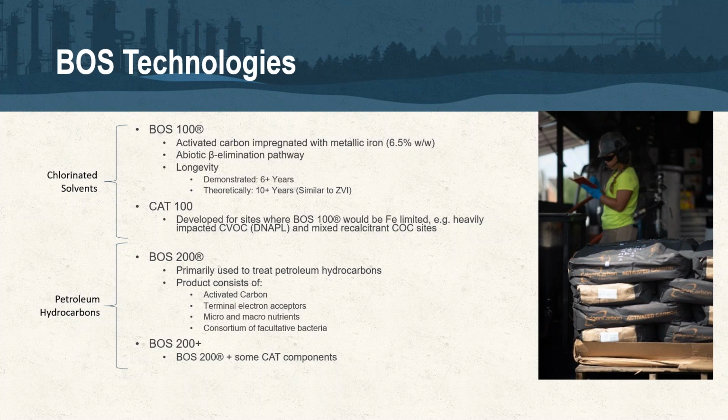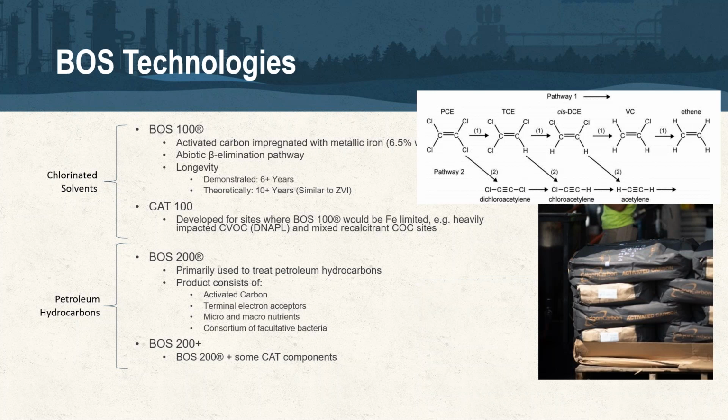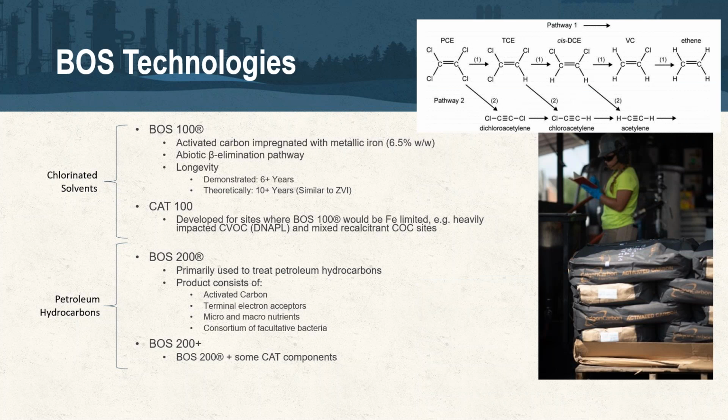And so you get the beta elimination pathway. I'm sure most of you are familiar with this if you've used zero valent iron technologies in the past, where we're not using that classic ERD, reductive dechlorination, single chlorine transfer pathway that you get with just using electron donor and bacteria, for example. We're going through the beta elimination route, so we're taking, say, PCE to dichloroacetylene, ultimately ending up with acetylene and